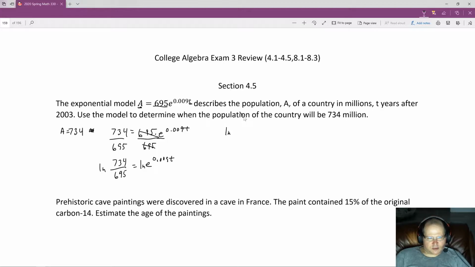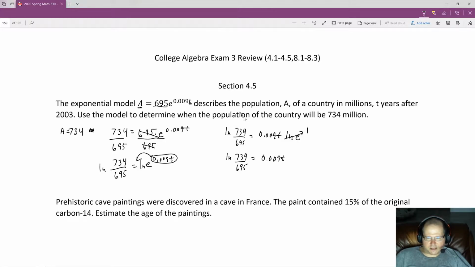That would give me the natural log of 734 divided by 695 is equal to 0.009 t times the natural log of e. I pulled this exponent to the front. Now the natural log of e is 1. So we are just left with the natural log of 734 over 695 is equal to